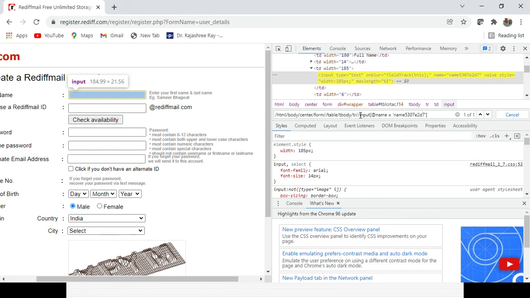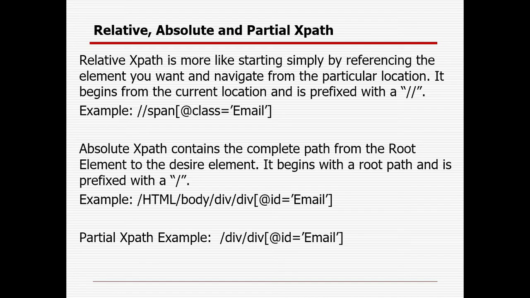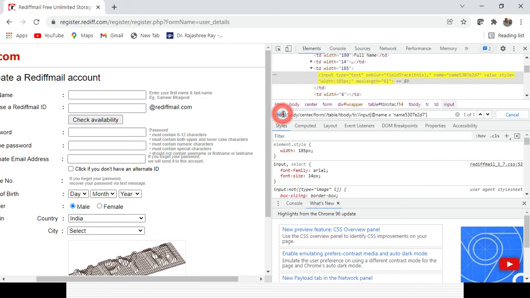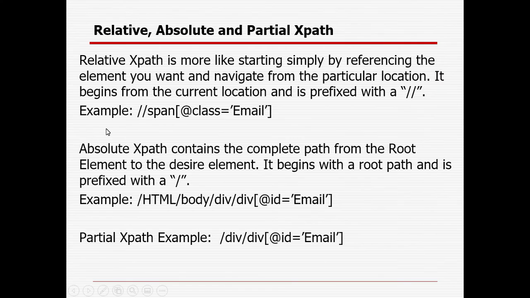So with the partial part you are still able to identify the XPath, but do not go with the absolute. Absolute starts with the slash and the HTML. If you remove the HTML, you could see you are able to identify the element still successfully. That is called partial. Okay, so relative is where we start with a fixed point. We know that this is the fixed point that will not change, and with the double slash we create the XPath. With the absolute, we start from the parent node and go to the child node to get the XPath. And partial is when we keep some of the parts from that complete path and are still able to identify the XPath, so that is called partial XPath.